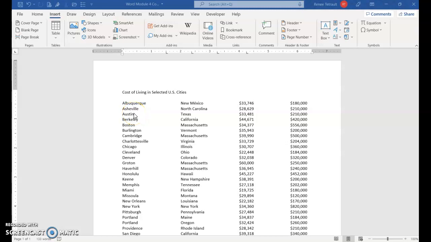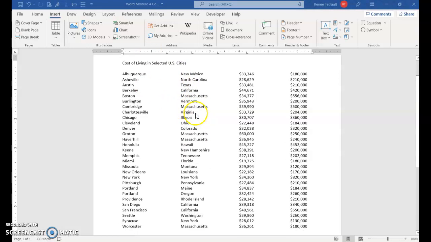Welcome to Word, Module D, or Module 4. We're working with advanced features with tables. You'll see this exact table later on when you do your assignments, but I'm just going to go over it